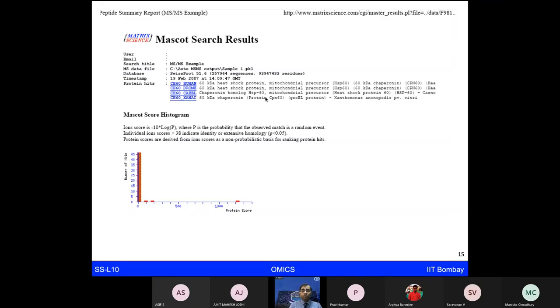And this is what eventually we want to know as biologists or clinicians who want to work in this area, to know which proteins I can see from my given sample. So in this case, this turned out to be one of the 60 kilodalton heat shock proteins, and that is seen here in this particular output, where in this case anything passing a score greater than 38 is showing a significant hit. So these are the proteins which the software is telling us are the most relevant or significant proteins present based on the database search.